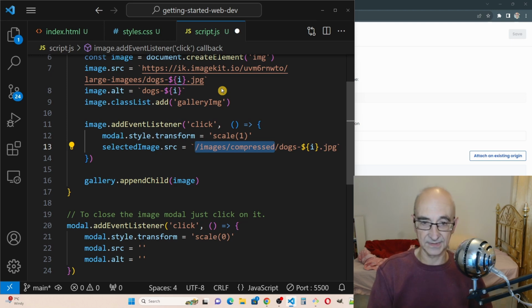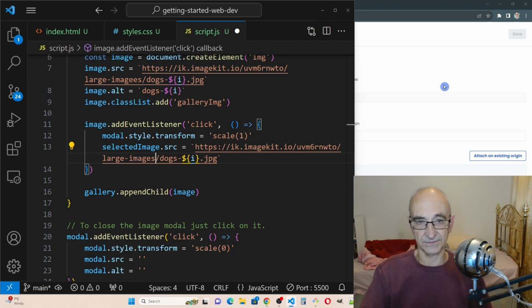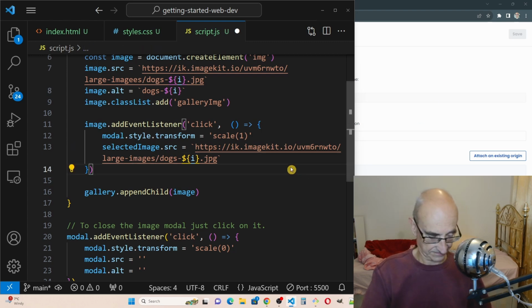Replace this with that, and then large images for the folder I've got. If you haven't put yours in a separate folder, then you just miss out this large images, and you just have your endpoint, and then